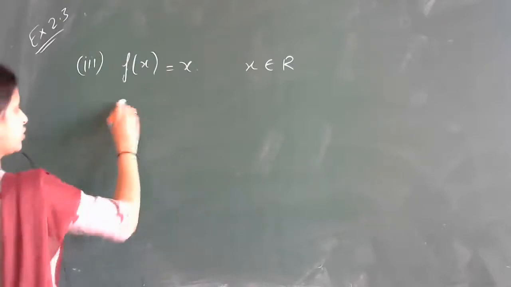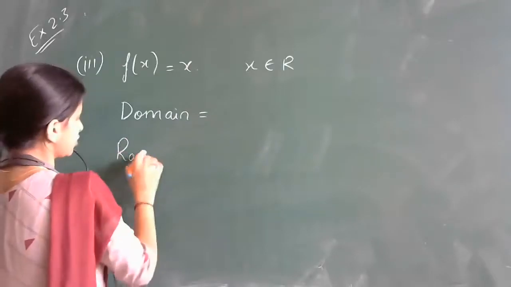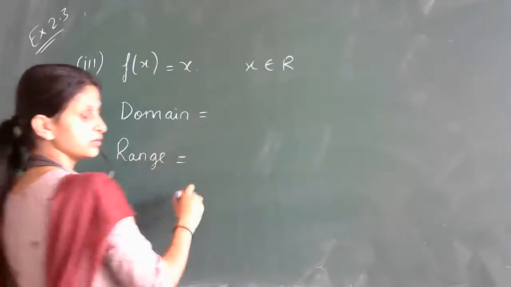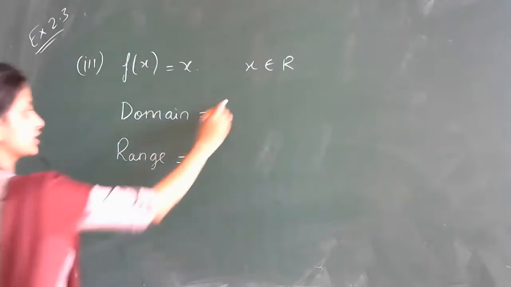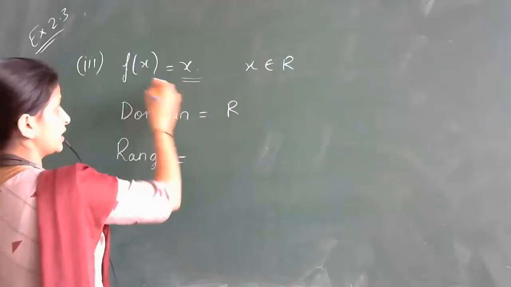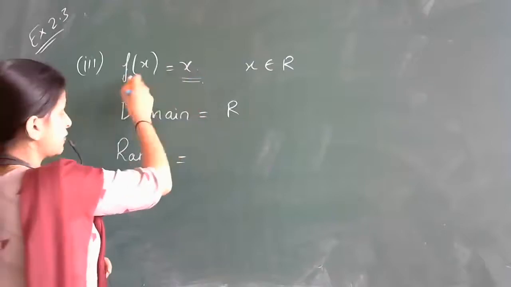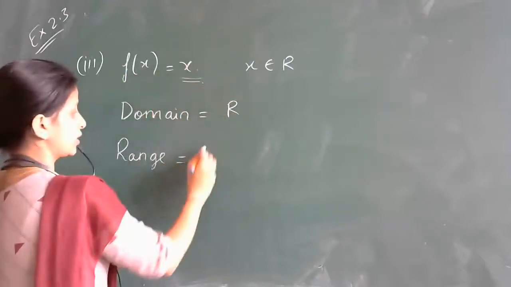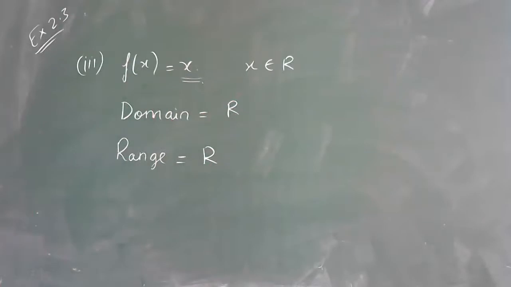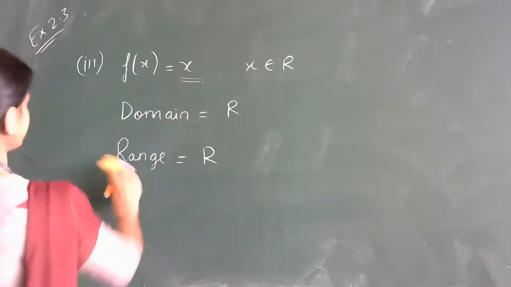So already we know what is domain and range, right? What is domain? What is domain of identity function? Very good. Set of real numbers. And here, if domain is set of real numbers, then of course it is same, right? Output. So f of x will be also set of real numbers. So what is range? It is set of real numbers. So range is set of real numbers. Is that clear, students? Is that clear to everyone?